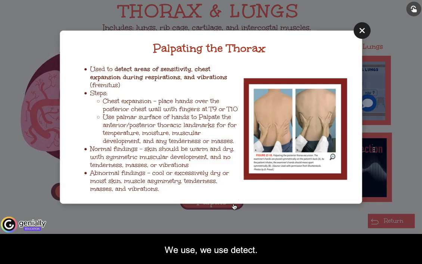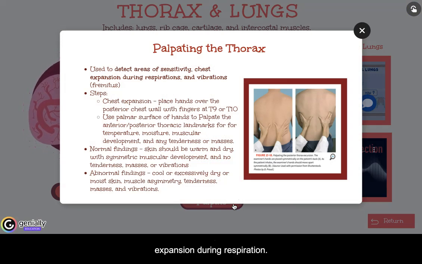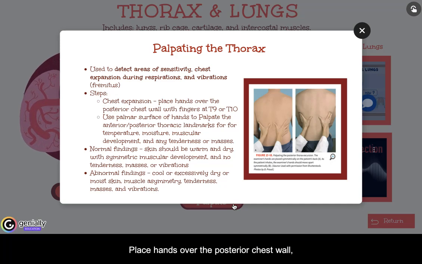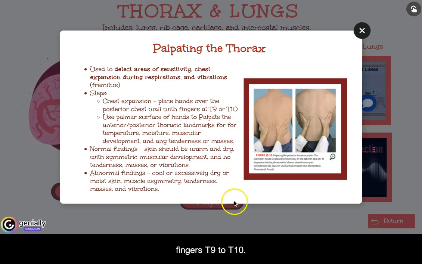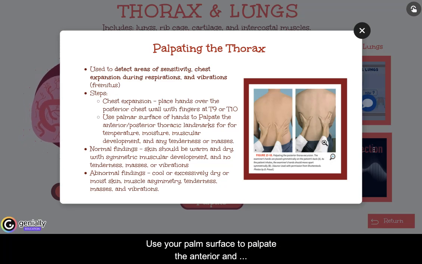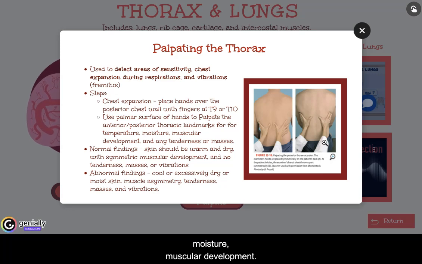We use this to detect areas of sensitivity and chest expansion during respirations. We look for any vibrations. We call it fremitus. For chest expansion, place hands over the posterior chest wall, fingers at T9 to T10, as you can see here. Use your palm surface to palpate the anterior and posterior landmarks for temperature, moisture, muscular development, any tenderness